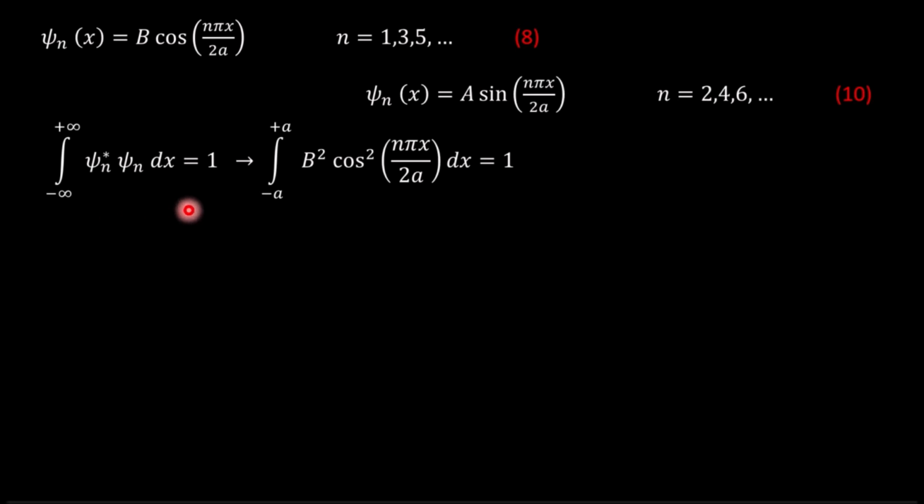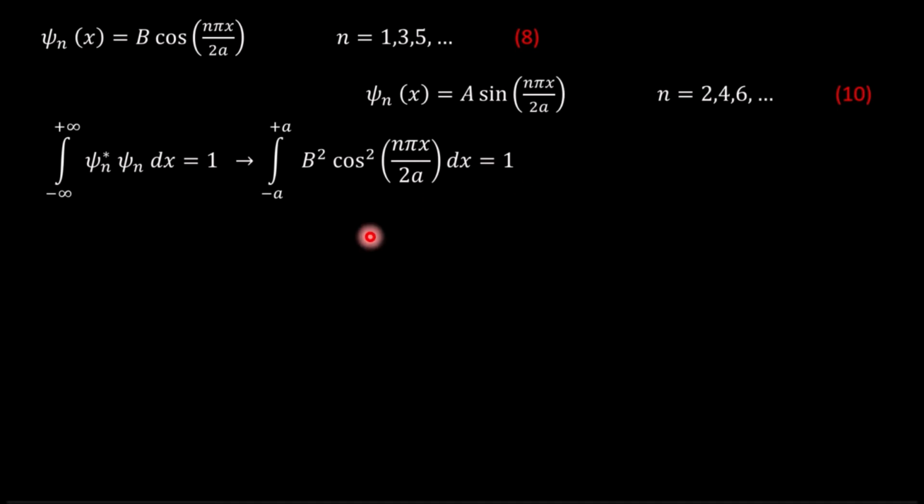equal to 1. But in this case, we need to integrate only from minus a to plus a, as we are sure that the particle is trapped inside the well. So we don't need to consider the space outside the well. Substituting for this wave function, we have the square of this wave function, ψn* ψn. So we have b² cos²(nπx/2a) dx, and this must be 1